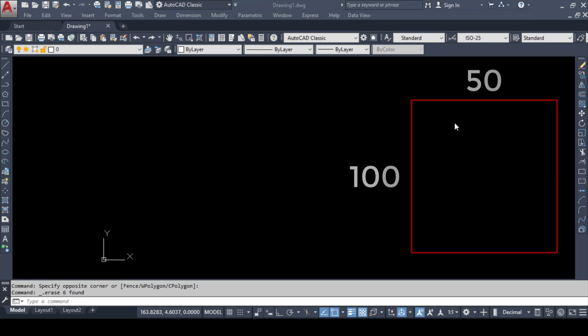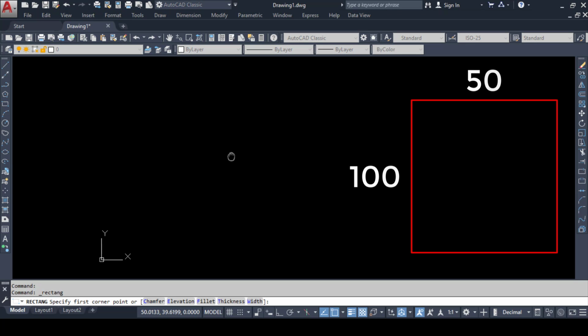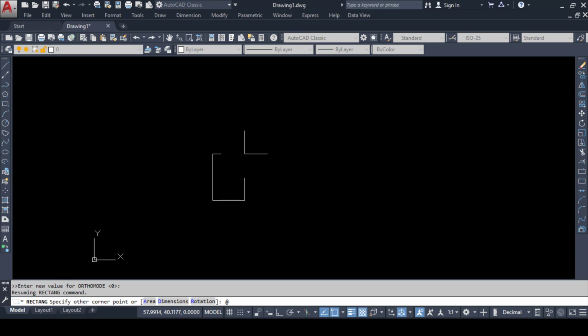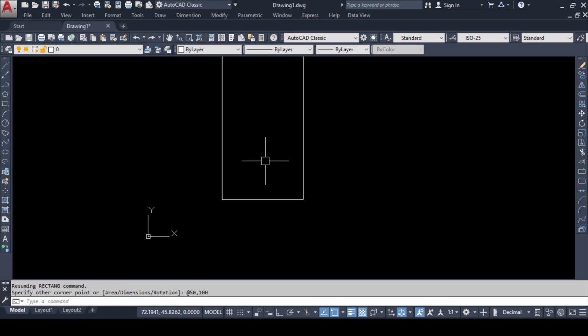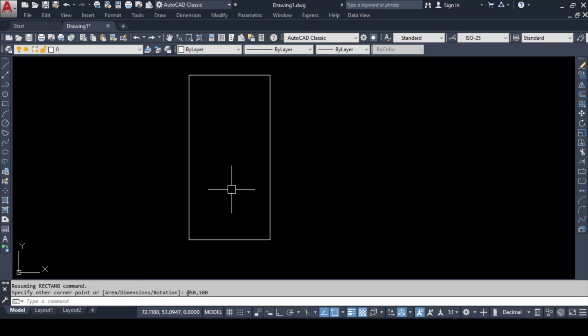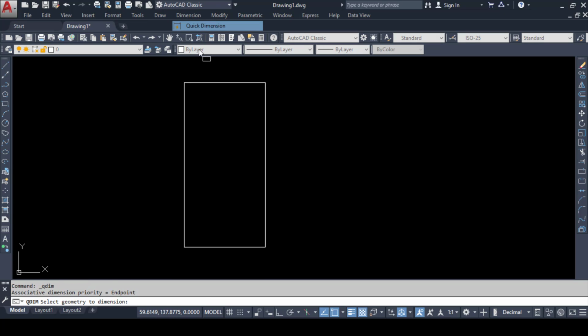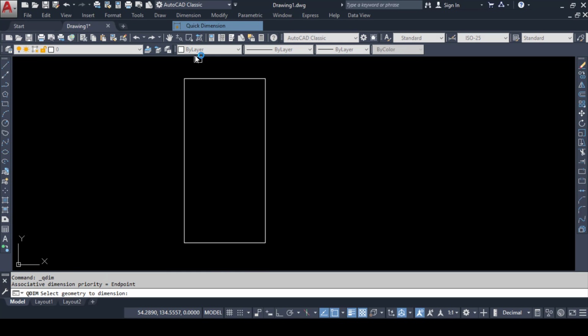Now suppose I want to make a plot or an outer boundary of 50, 100. So I can make that directly with the help of rectangle command. I will left click on the draw toolbar and again I can select the rectangle. I have to just specify a left position on the graphics area by doing a left click, and I will press @. Now the first coordinate is the x coordinate, so I will press 50, 100 directly. So in this case, the outer plot or the outer boundaries of a civil plot can be made directly. Now do remember, we will use this method again when we will complete the outer boundaries of a plot.